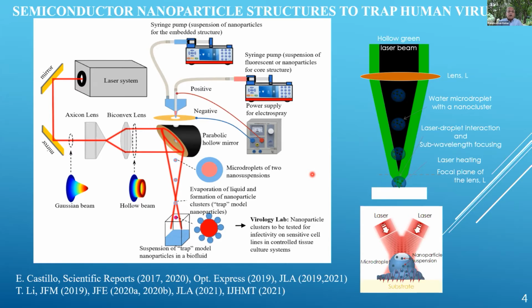So the droplet acts as both carrier of nanoparticles as well as superlens, and it can potentially trap human viruses like SARS-CoV-2 and other viruses as well, rhinovirus, etc. See, these viruses have different protein and lipid layers carrying different charges and polarity. That's the concept here. So we'll tailor the P and N type nanoparticle clusters that will attract, trap, and encapsulate